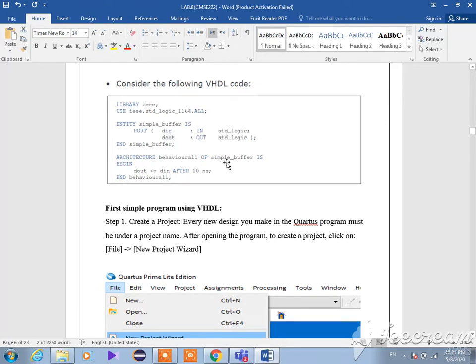So here the name of the entity should be right here. You can see the name of the entity is simple buffer. So this architecture is for the simple buffer, and between begin and end you can write any code that you like. For example, this instruction